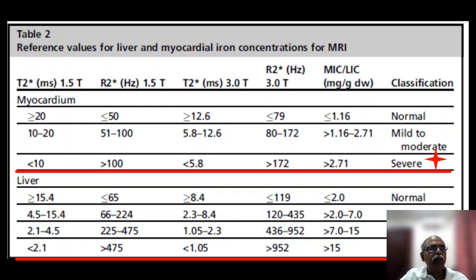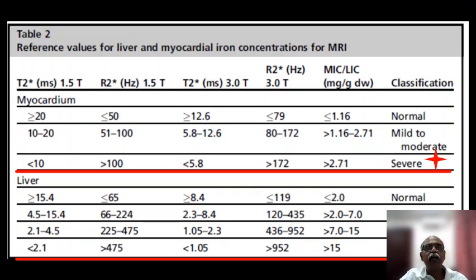If T2 star is 4.5 to 15.4, it is mild. If T2 star is 2.1 to 4.5 milliseconds, it is moderate. If T2 star is less than 2.1, it is severe hepatic iron overload. Similarly, the LIC and MIC can also be given. For example, the liver iron concentration,